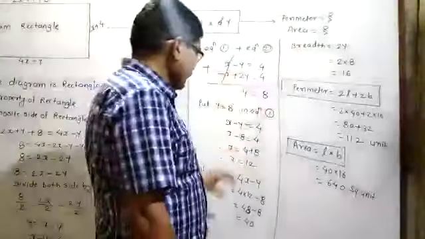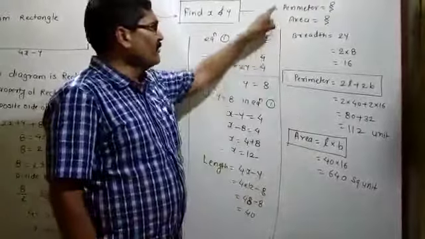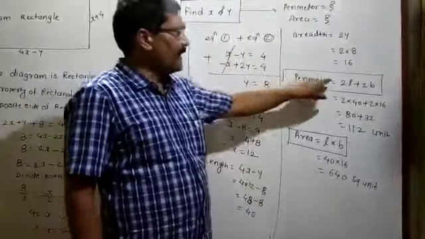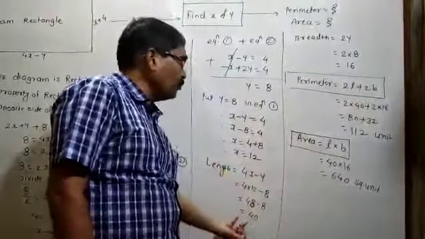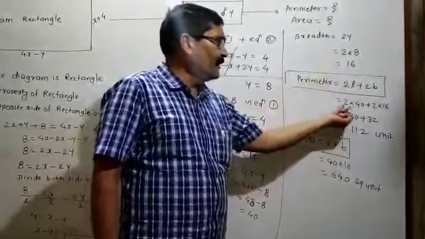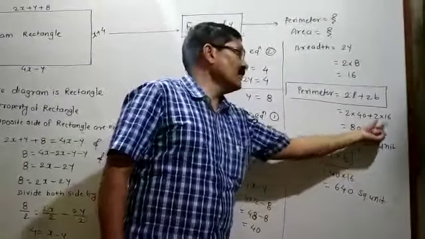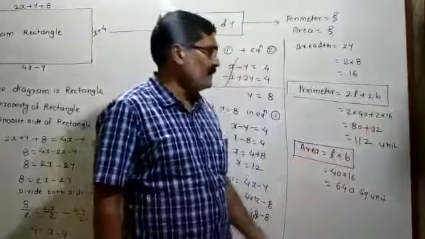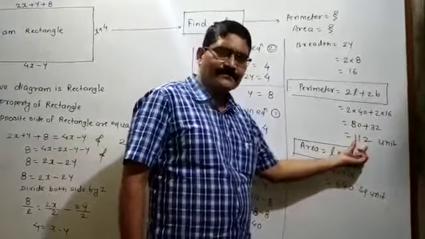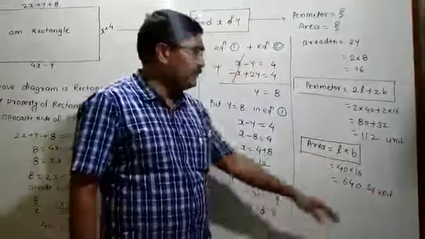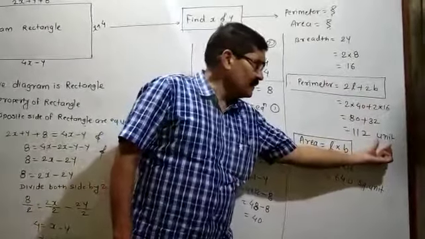Once we get the length and breadth, you have to find the perimeter and the area of the rectangle. The perimeter of the rectangle is equal to 2 length plus 2 breadth. You have to put the values of length as 40 and breadth as 16, and find the answer. 2 multiplied by 40 plus 2 multiplied by 16. 2 multiplied by 40 is equal to 80. 16 multiplied by 2 is equal to 32. If we add this, at that time 112 units will come. If no unit is given, at that time you have to give this as the unit.